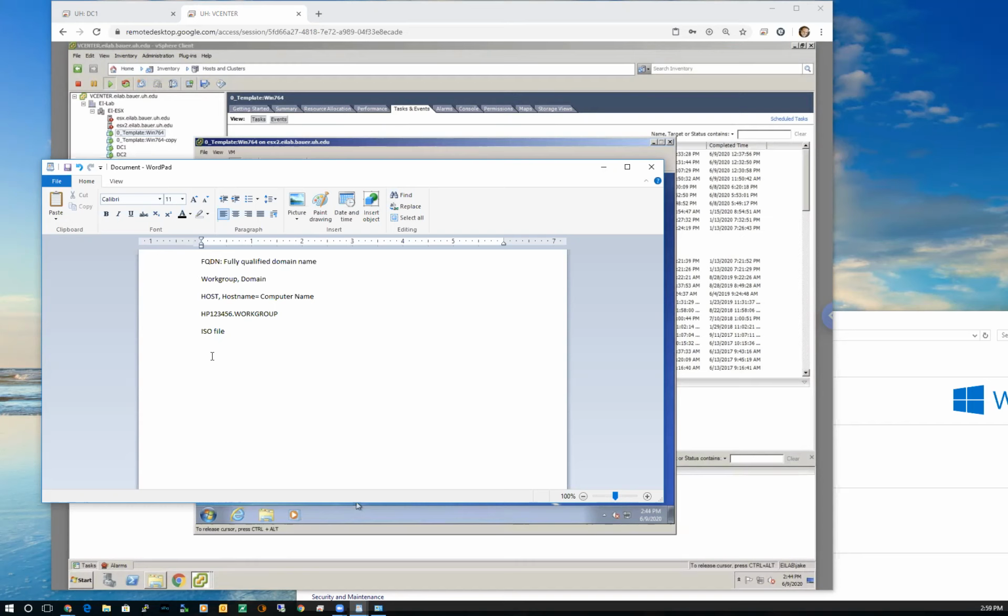So an ISO file is typically a CD or a DVD image. It's one single file. It's like an archive. It's intended to be burned onto a CD or a DVD, or put on a USB thumb drive and then physically put into a computer, booted off of, so that you can install an OS. What we do in a virtual environment, which is what we have here, is simply download that one file, and we use it however we want to use it.